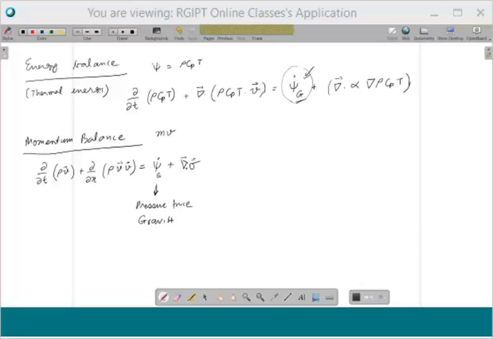Remember, this is also a force, nothing other than that. But this is like a dissipative force, or basically this is coming from the diffusive kind of motion, which is basically shear forces, resulting from